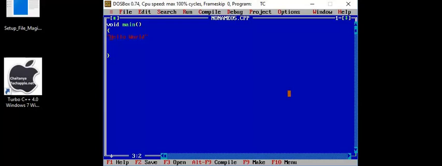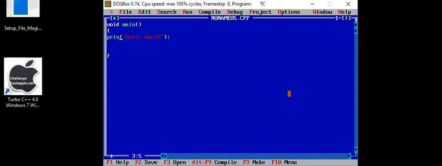Home means the starting of a line. End means the end of the line, the cursor moves there. Home means the cursor moves to the starting of the line. You need to make use of the End and Home keys also, so that you can complete the program early. I press the End key, closing bracket, semicolon, Home key, then opening bracket, Home key.